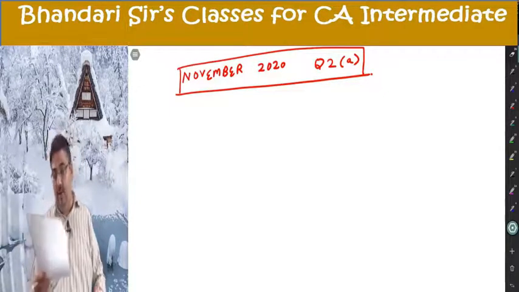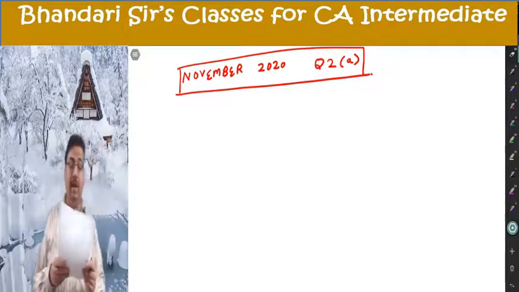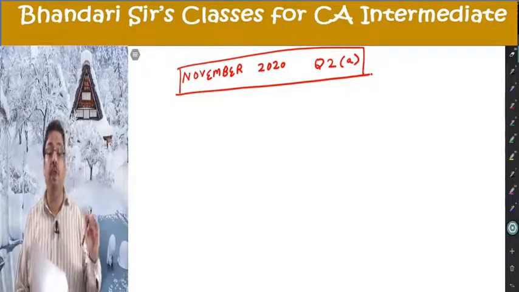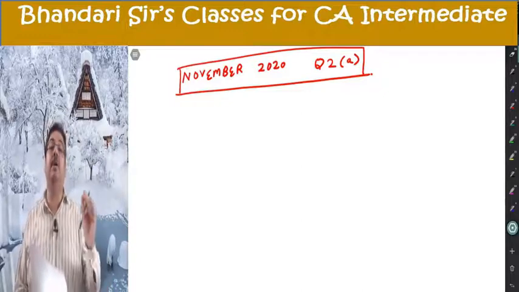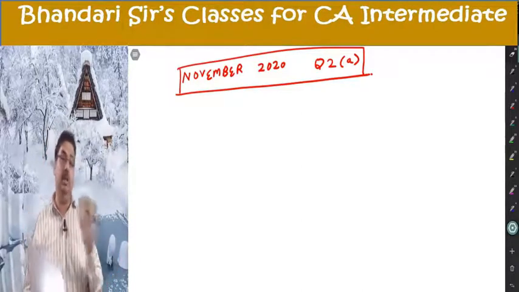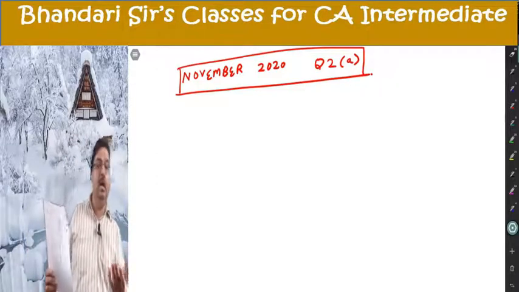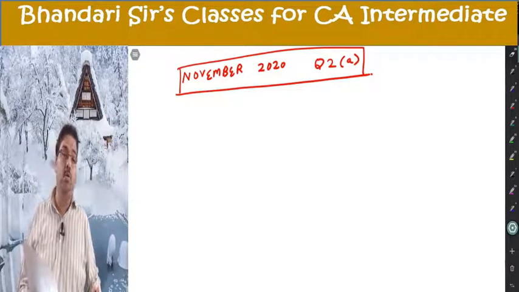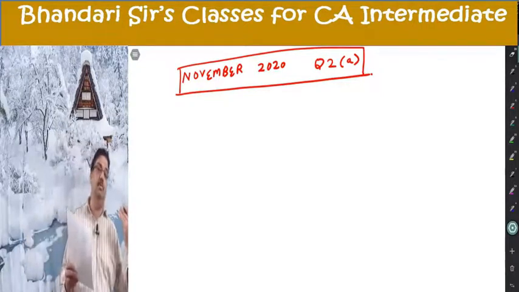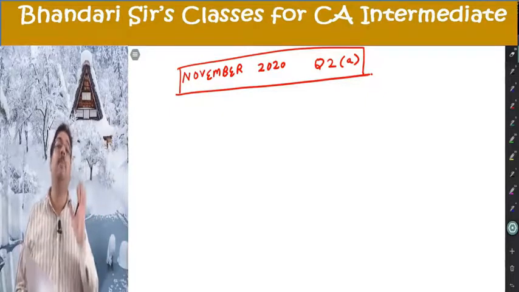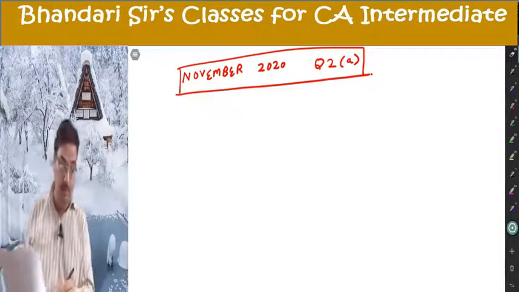For example, the direct material cost is given 8 lakh. Now, how much out of 8 lakh is to be spent on super pen and how much on normal pen is very much needed. Unless I know that, I will not be able to make the cost sheet of super pen only. Full company cost sheet can be easily made, but that is not desired at all. What is desired for super pen? So, working note 1.